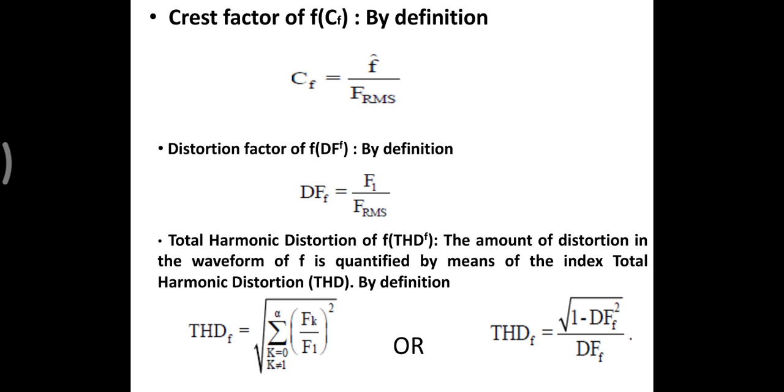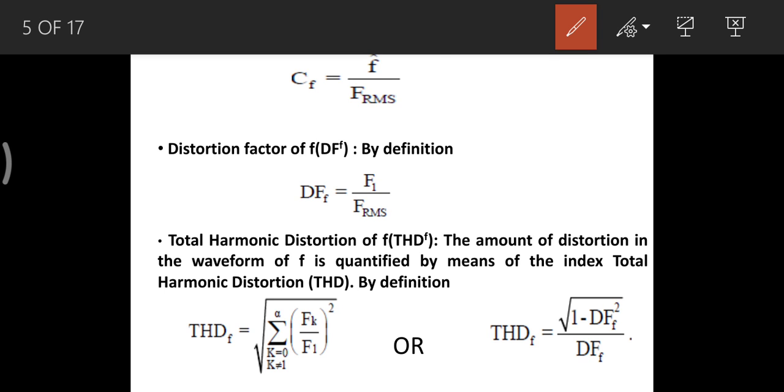Okay, now we compare both these elements and how much of the waveform is disturbed. Crest factor means nothing but the disturbance of the waveform. So this is about the crest factor, and mathematically it is expressed as F cap divided by F RMS, where F cap is nothing but the peak to peak ripple value, and F RMS is nothing but the RMS value of the given function.